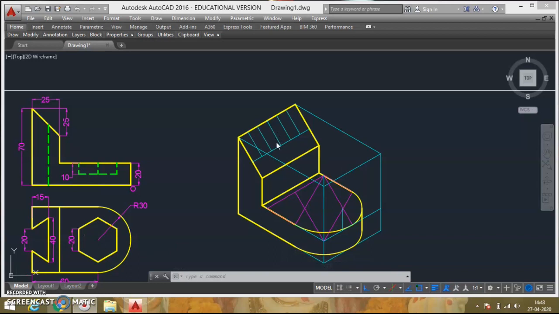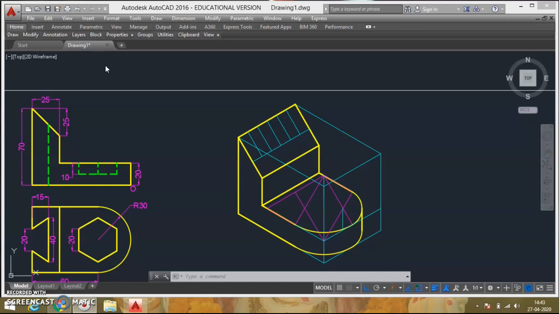So what I actually did here is take the line joining the midpoint. I just offset that line 10 mm on this side, 10 mm on this side, then 20 mm on this side, and 20 mm on this side. So you can just measure from here 10 mm, from here 10 mm, from here 20 mm, and from here 20 mm, because that's what is given. Center say 10 mm on this side, 10 mm on this side, 20 mm on this side, and 20 mm